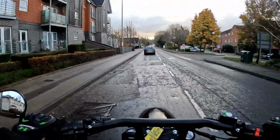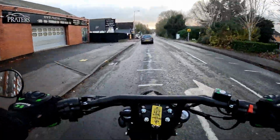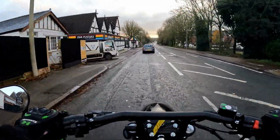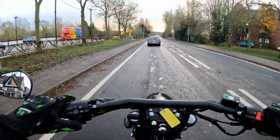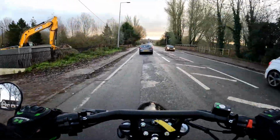So we're off for the obligatory test ride, up and down the hill a few times, and then back round town, crack up about 10 miles on this thing. So we're out and we'll have a little bit of fun. Wow, 6-speed box on these,